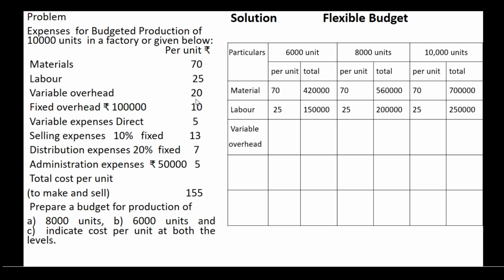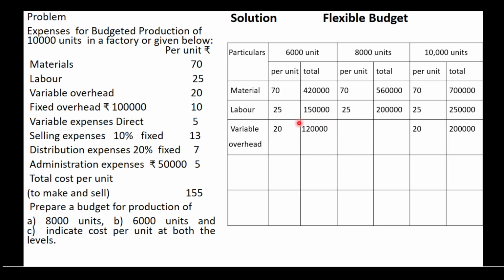The variable overhead, the cost per unit is rupees 20 under 10,000 units. Now we calculate the total amount as 20 into 10,000. The total amount is rupees 2 lakh. And for 6,000 units, here also the cost per unit is the same, that is 20. So now we calculate the total amount as 20 into 6,000. So the total amount is